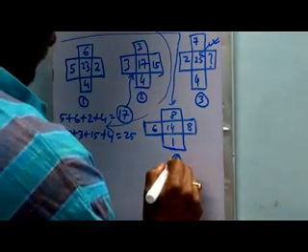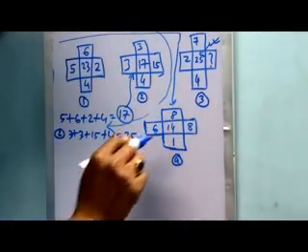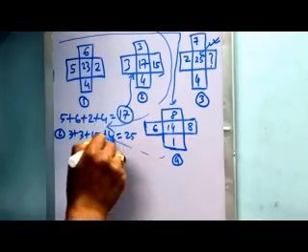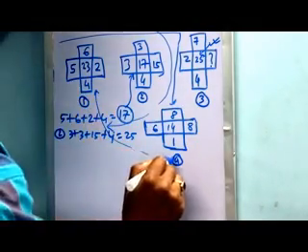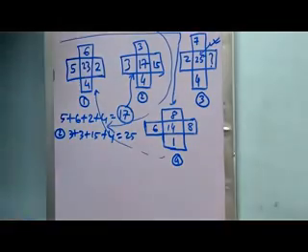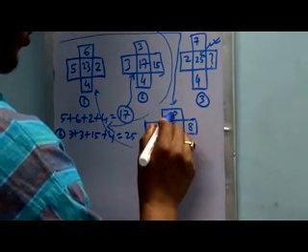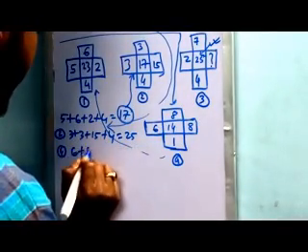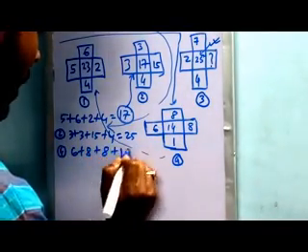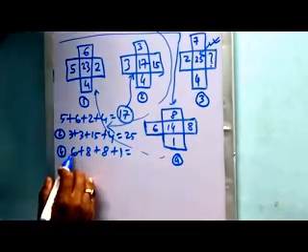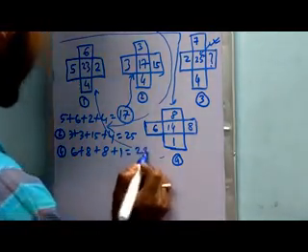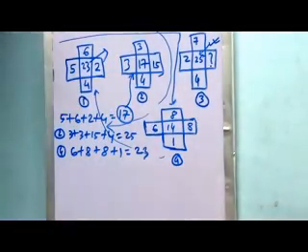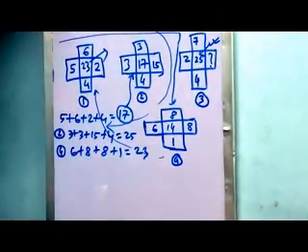Now, in case of diagram number 4, we are also moving in clockwise. So after diagram number 4, it's all about diagram number 1. Diagram number 4 will relate with diagram number 1. In case of diagram number 4, if we add the small squares' numbers, what do we get? That is 6 plus 8 plus 8 plus 1 equal to 23. That 23 is put in the middle square section of diagram number 1.